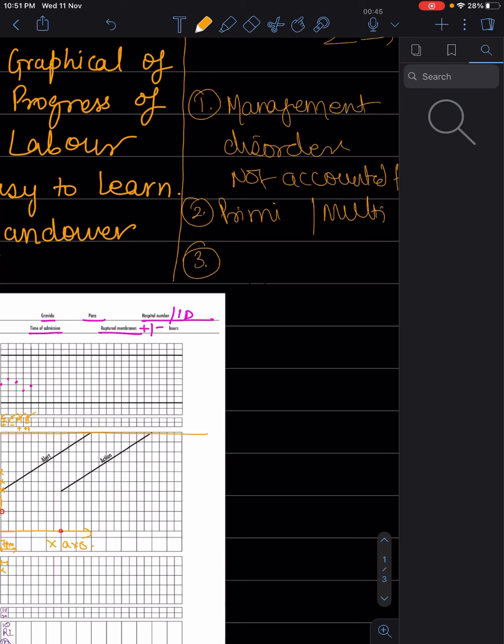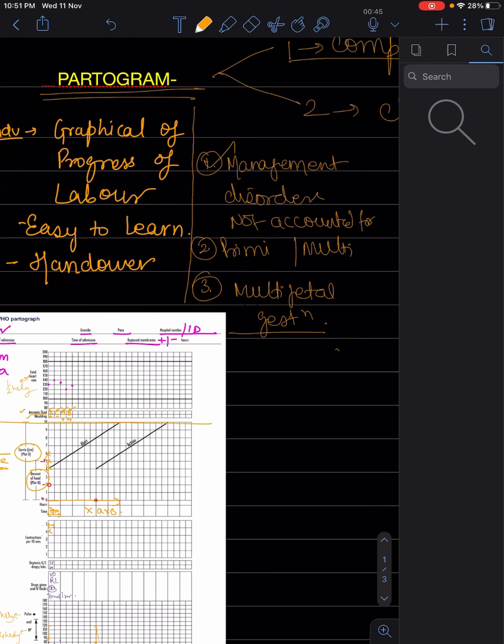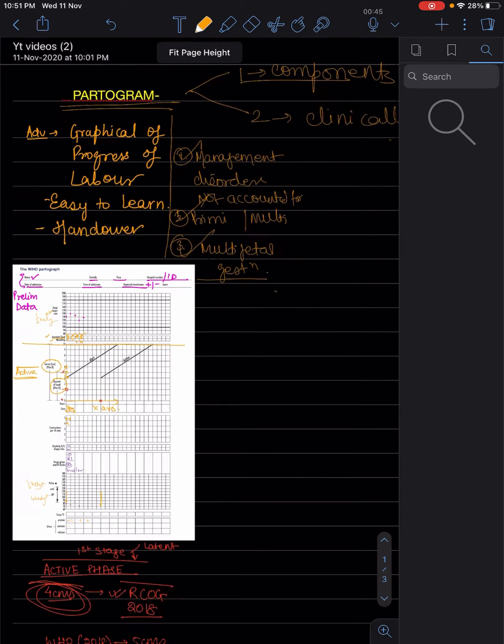And the second is that if the patient has a multi-fetal gestation, we do not take that into account here, which again, the progressive labor is a lot different in those compared to a singleton pregnancy, right? So these are the disadvantages if someone asks you, and these are very important questions, or rather points, that you should be keeping in mind, right?